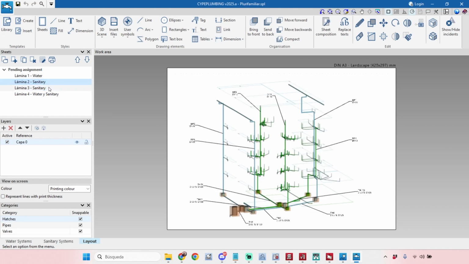Okay, probably in the next weeks we'll be doing some specific webinars to talk a little bit more about these integrations, both of them, Cypelec and Cypeplumbing, showing how to work, how you can use these softwares. Okay, the idea of this presentation today is just to point out which are these new features and not show all the advantages of using these softwares in the integrated version. Okay,